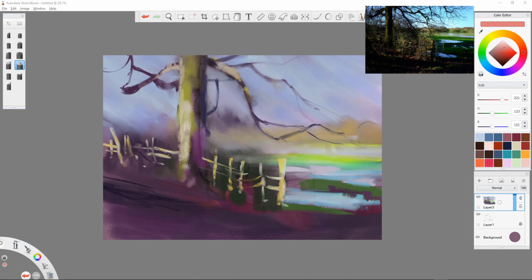But having said that, Krita isn't on the Apple operating system, so there's that, and it's not on the iPad, so there's that. And this isn't bad, it's just not quite the same as using